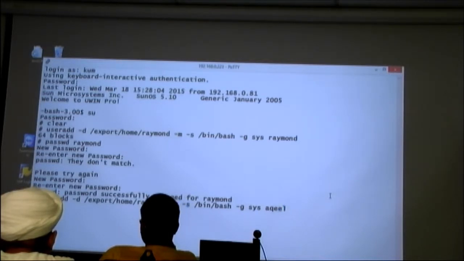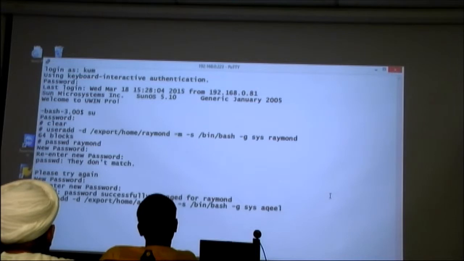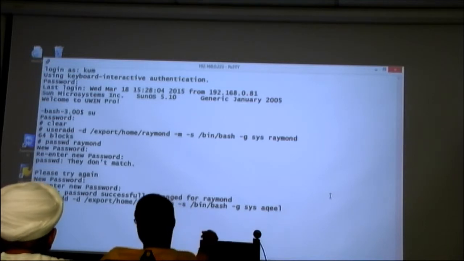But other people are guessing your password, so change your password, please. Okay, so your username is Akil.